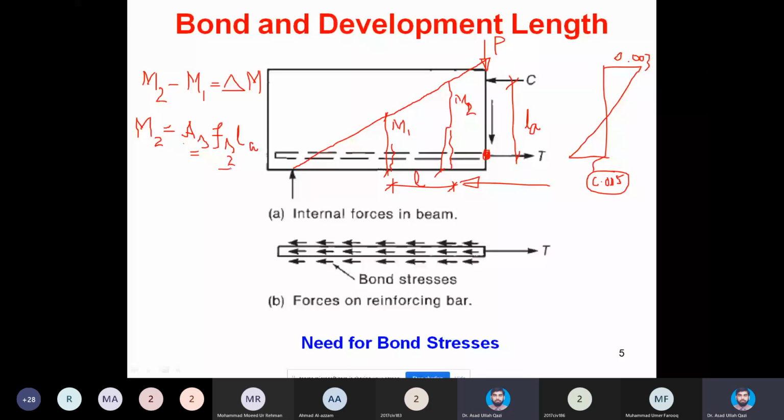Similarly, M1, which is a little less as compared to M2, will also subject the reinforcement to a stress magnitude Fs1 with the lever arm La. If I take the difference between them, as I have given on the upper line that M2 minus M1 is delta M, I can say delta M is then equal to, I will take As common outside, As into Fs2 minus Fs1